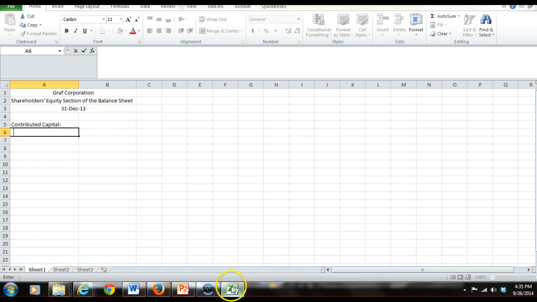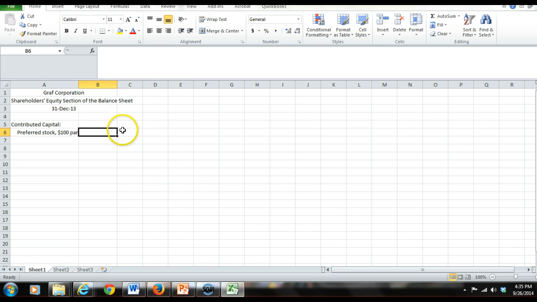So we'll start with our preferred stock, and we'll show it's $100 par. And then from there, we will show that the amount is $65,400. Then we'll take our common stock at $10 par, and this amount is